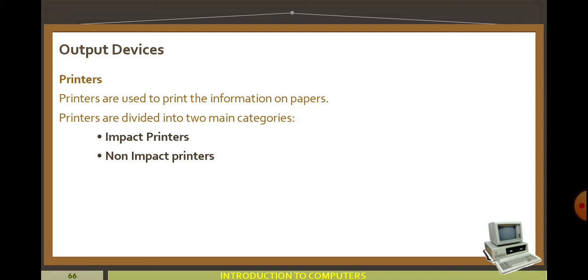What is the difference between soft copy and hard copy? Hard copy means we can take a permanent output copy, that is we can take the output through printers, printed on paper. If we take the output on paper, that is known as a hard copy. If you see the output on the monitor, that is known as a soft copy.